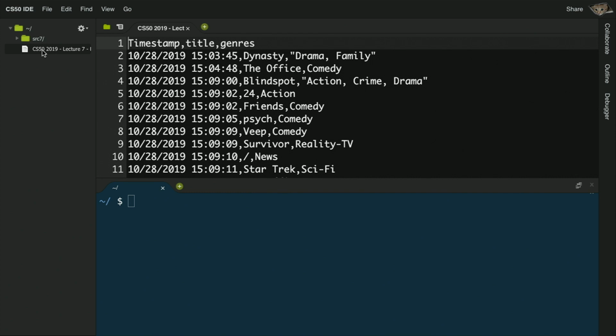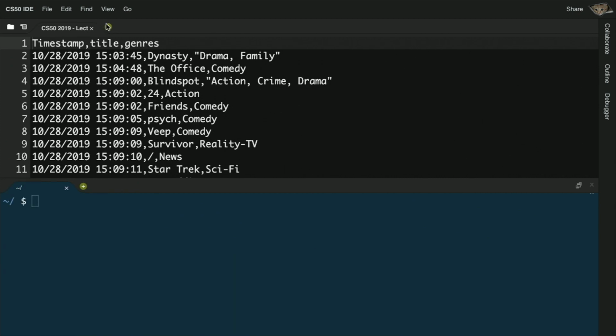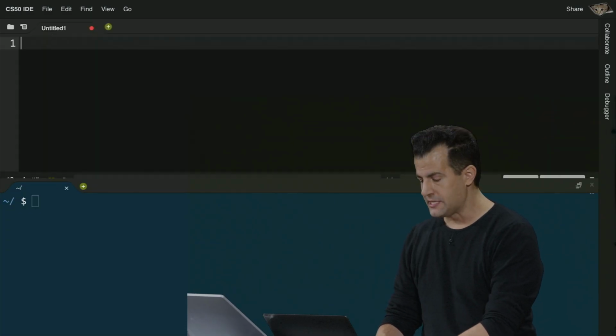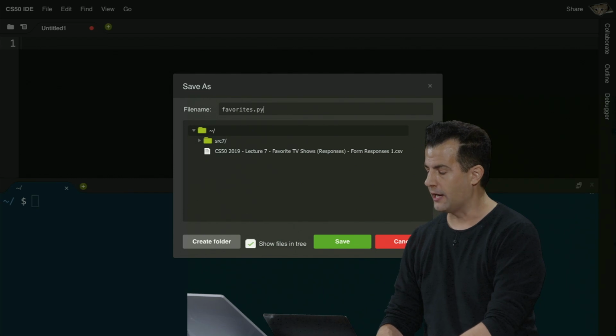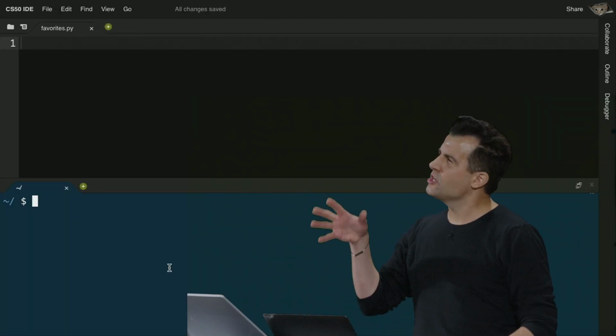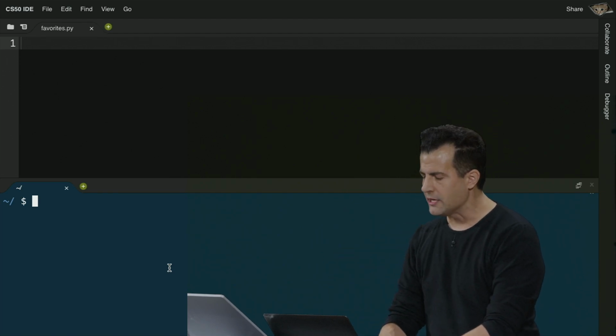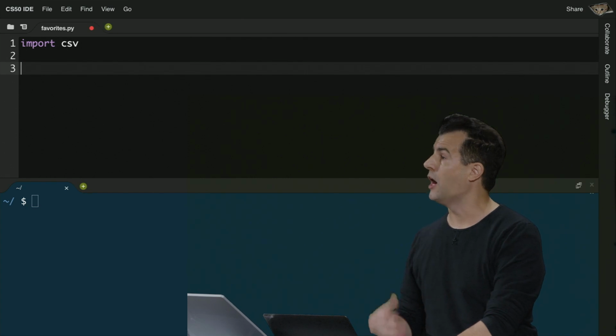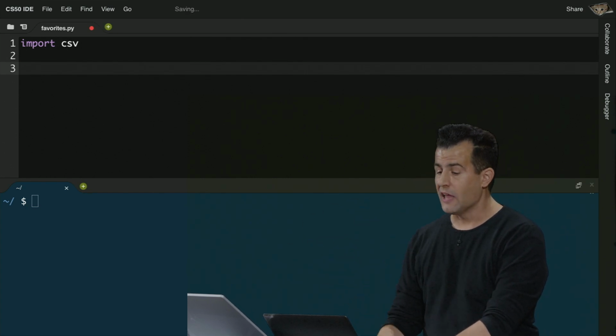So let's now write a program that analyzes this data and see if we can't make sense of what some of the most popular values are in there. Let me close this, open a new file, and call it, for instance, favorites.py, since the goal is to figure out everyone's favorites here. And let me use some syntax from last week that you might be familiar with now from PSET 6. Let me import CSV, the module, so that I have access to that library of